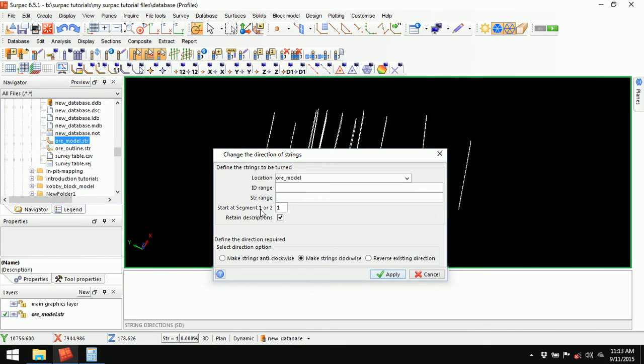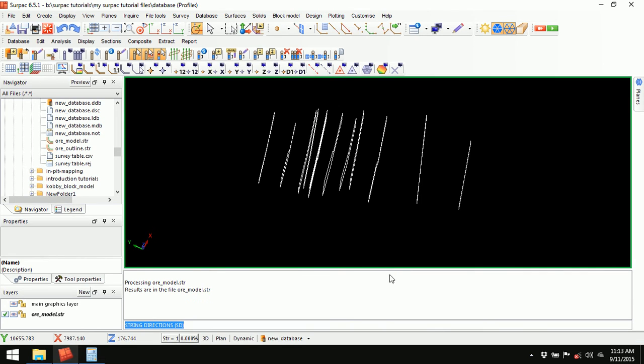Now I would want to start at segment 1 so that it will cater for all the segments. Then I will retain descriptions. Then for the select direction option, we don't want to make strings anti-clockwise, we don't want to reverse the existing direction, we want to make our strings clockwise. So you select this and you click Apply. Beautiful. Now the results are in the file all model.string. This is a function-centric method, so the effect will take place and the file will be saved